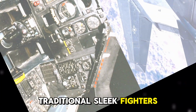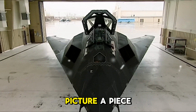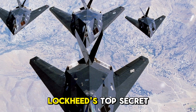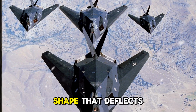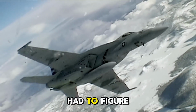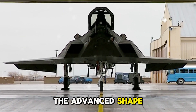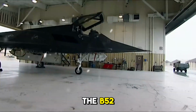Unlike traditional sleek fighters, the F-117's exterior is all sharply angled facets. Picture a piece of origami folded for the single purpose of scattering radar signals. Alan Brown, chief engineer from Lockheed's top-secret Skunk Works, reveals how he and his team started with a diamond shape that deflects radar waves away from the source rather than back. They then had to figure out the black magic of making this awkward diamond actually fly. Their solution combined the advanced shape with borrowed engines from the F-18, a navigation system from the B-52, and other